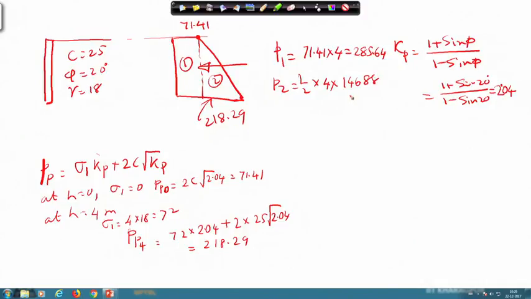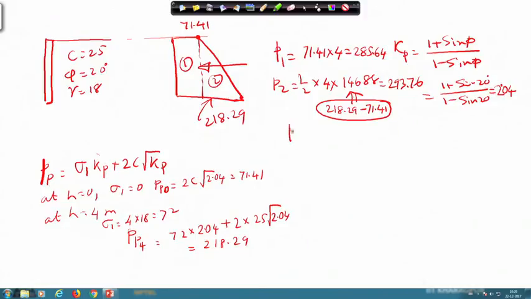How do we find this 146.88? This is actually 218.29 minus 71.41. So, from here I am getting this. If I get P2, it gives you 293.76,